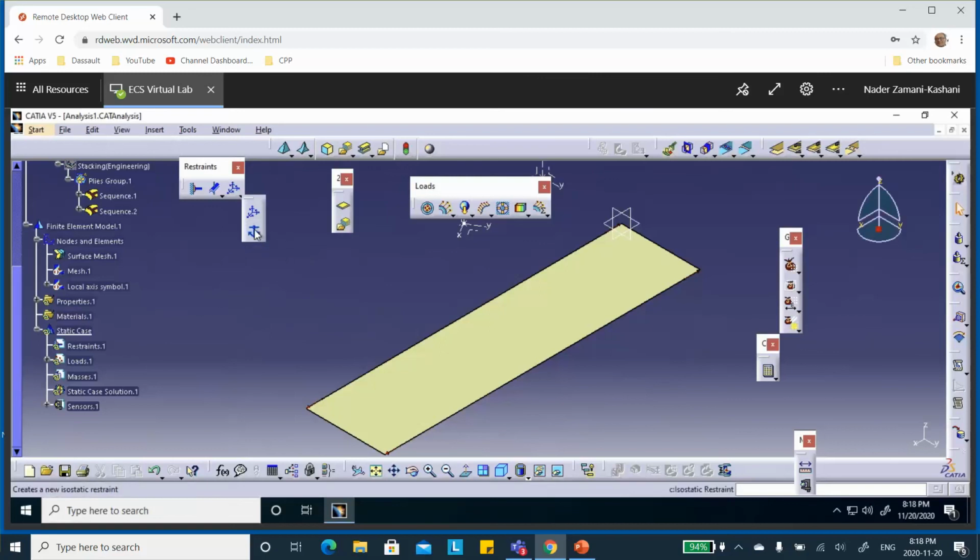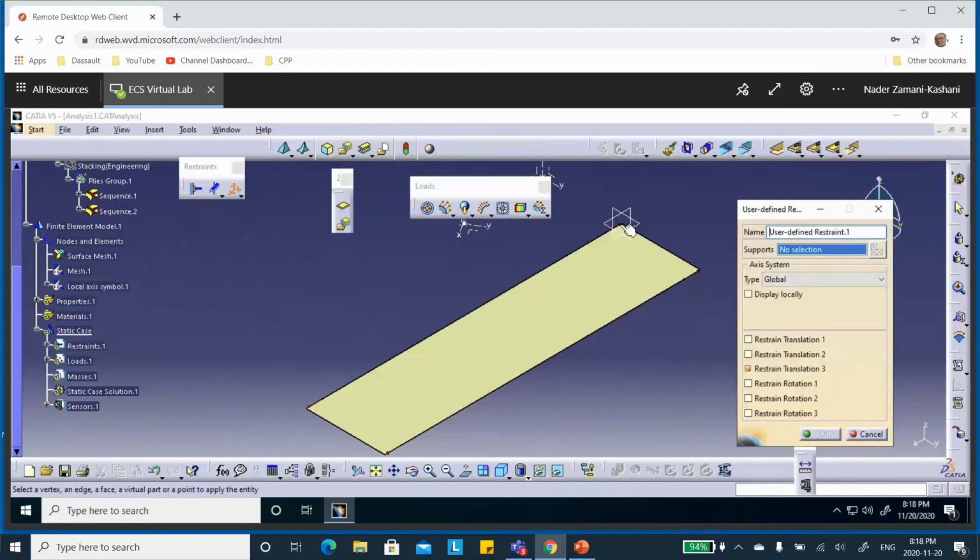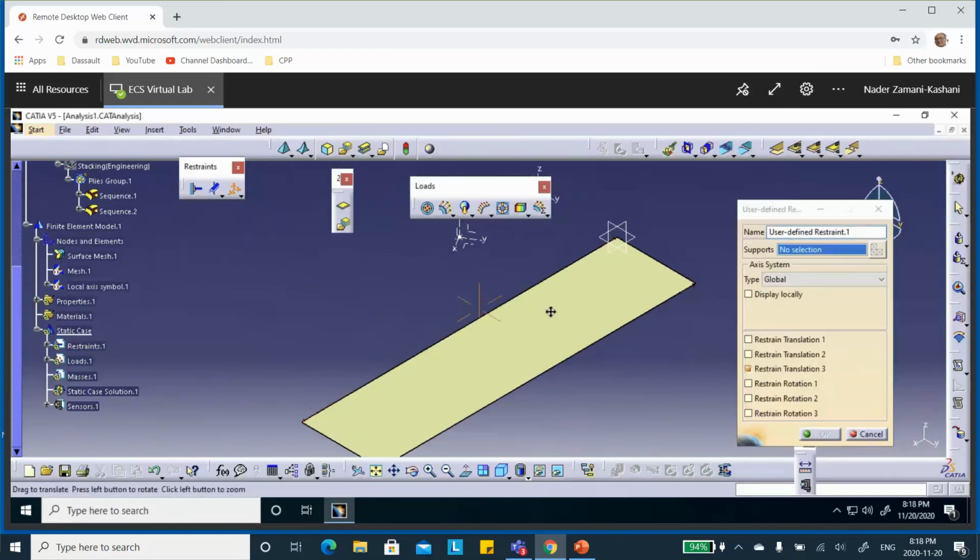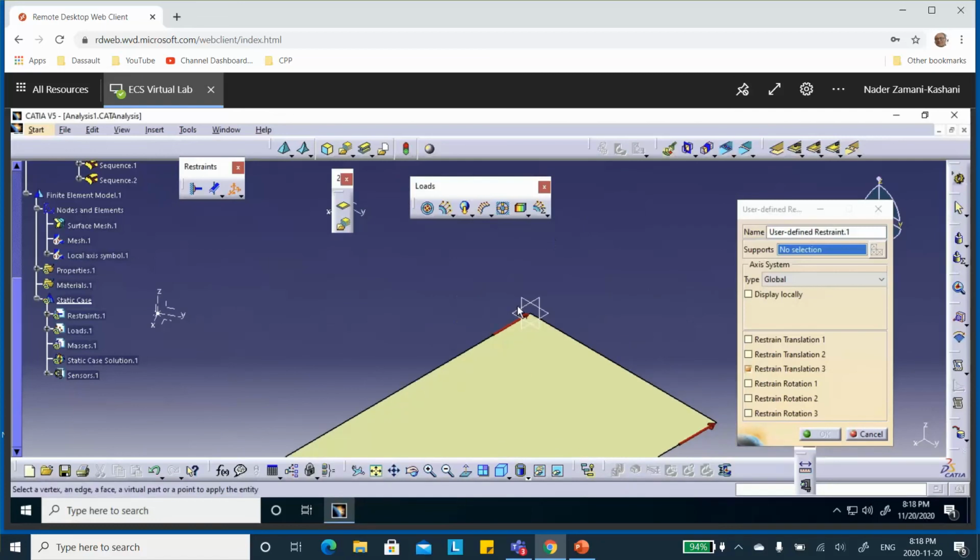Now, if you want to know what the 1, 2, 3 rule is, I suggest you go to the channel. There are several video segments like that, not for composites though, for the FEA, in the FEA playlist, and you can look at it. So user defined. So this corner, let me zoom in. This corner,